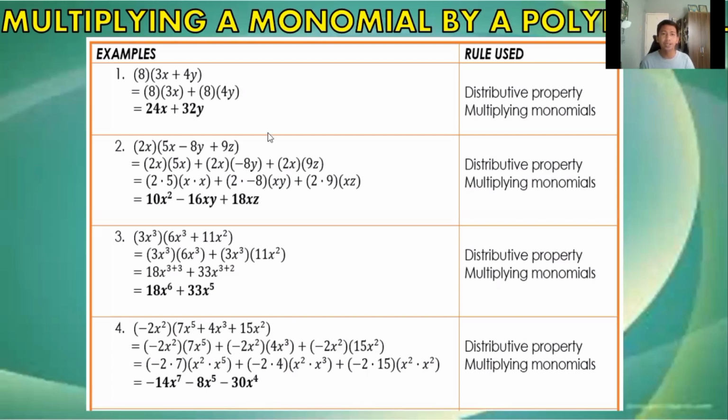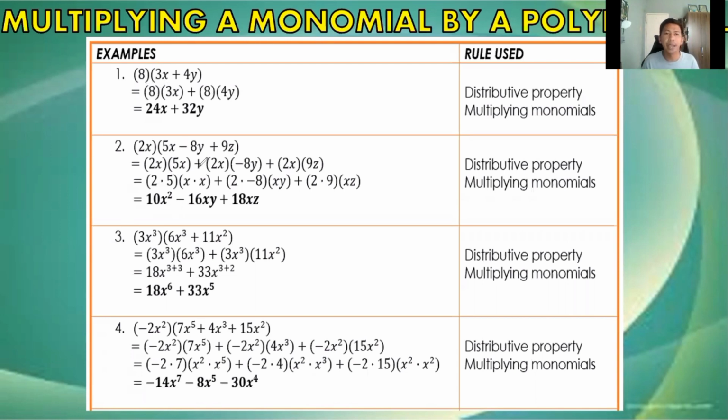So as you can see on our first example, we have here 8 multiplied by 3x plus 4y. So what we are going to do here is we just have to multiply 8 by 3x or distribute the constant 8,